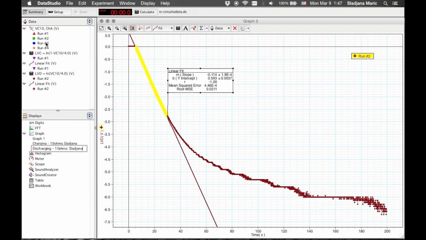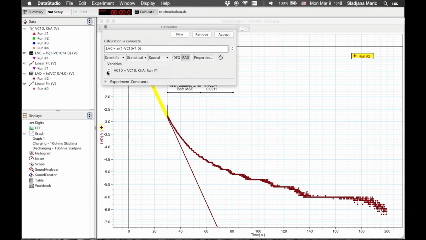Now to analyze the curves for the charging and discharging of the capacitor through a 33 ohm resistor is much easier because you have already defined LVC and LVD. To calculate the capacitance for the charging of the capacitor through a 33 ohm resistor, double click on LVC, and now take run number 3, because run number 3 is for the charging. Drag and drop it here where it says the variables. Click on yes. Once you're done, click on accept